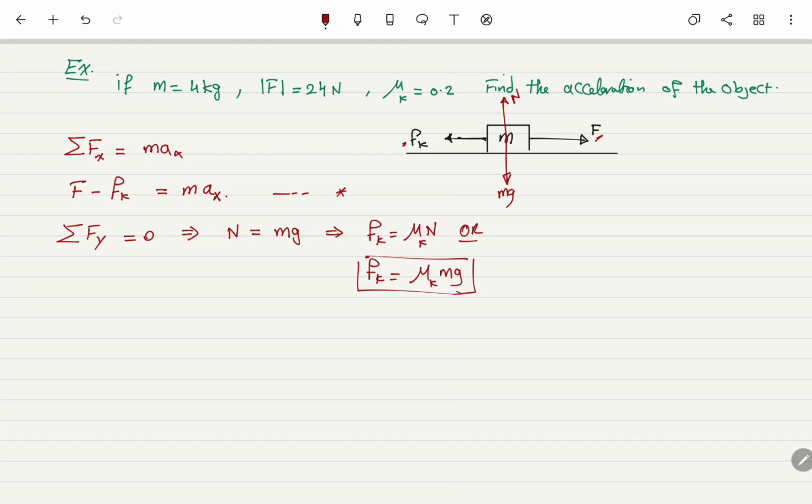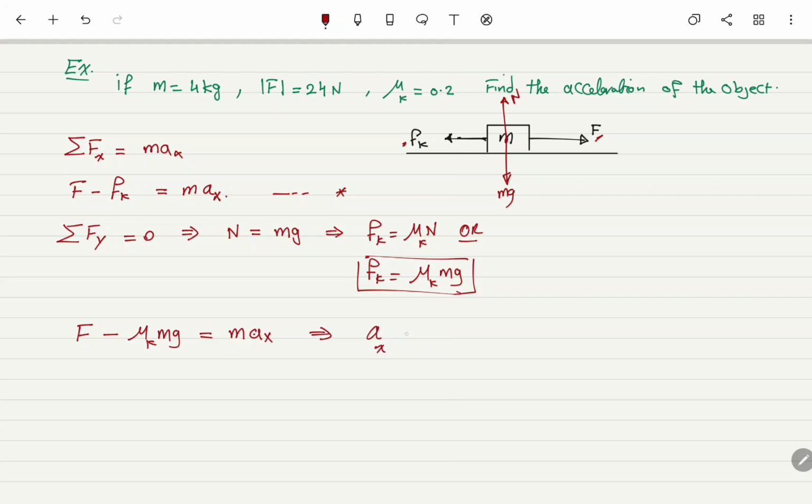You substitute this back in this equation, and you will get F minus mu k mg equal to m ax. You simplify this equation, and you will get